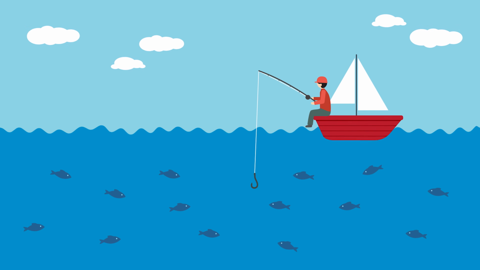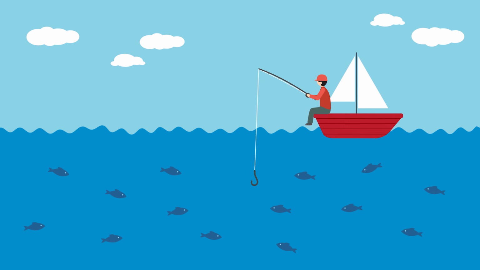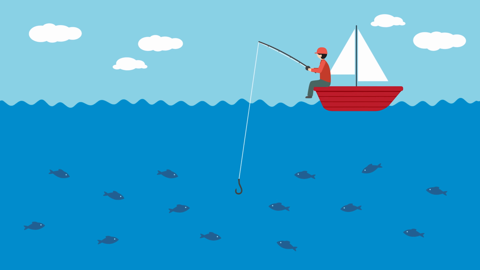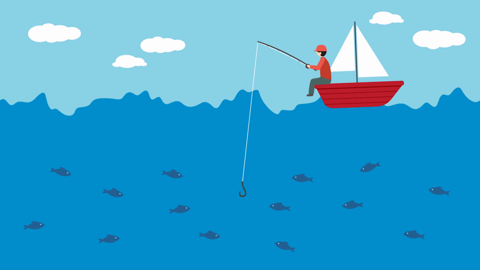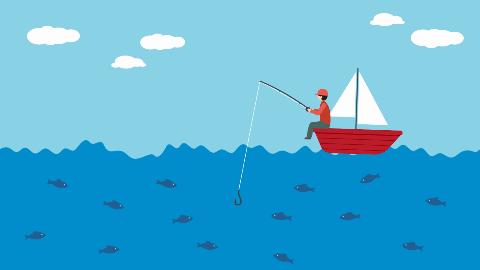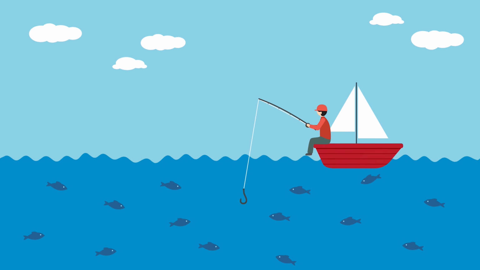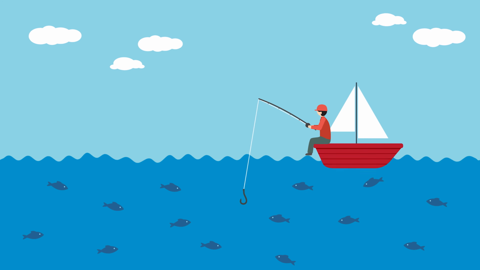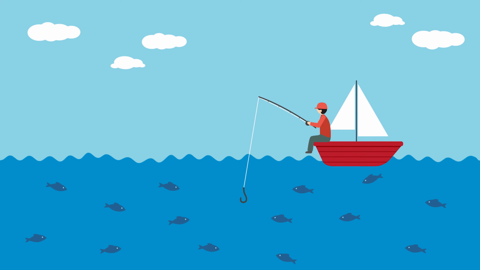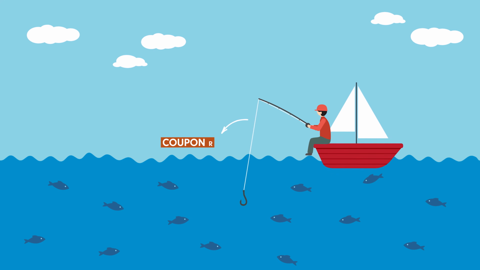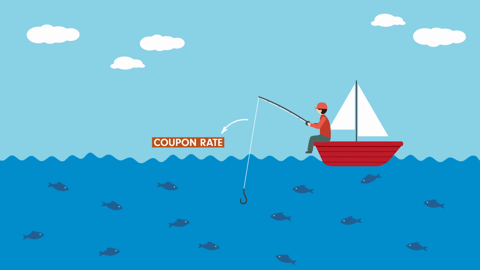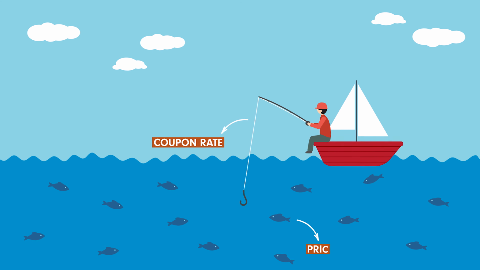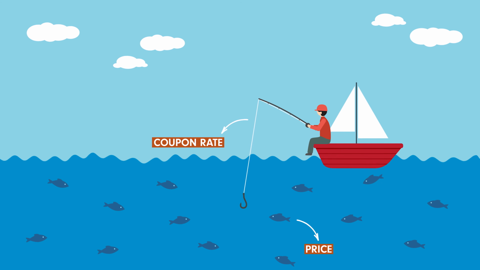Think of these securities like a fishing boat in the ocean. If the boat is trying to catch fish that live at a certain depth, the fishing line needs to be longer when the boat goes over a big wave or if the tide is high. When the tide is low or the boat is between waves, the fishing line needs to be shorter in order to keep the bait at the same depth. In our example, the length of the fishing line is the coupon rate on a floating rate loan. It moves higher or lower with interest rates so that the price, or in our example, the fish, remains unaffected.